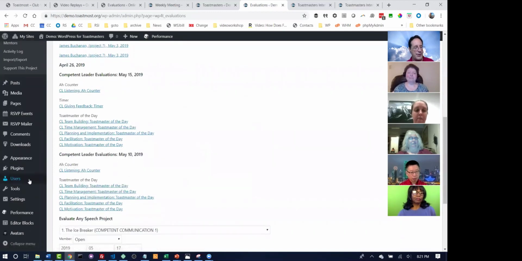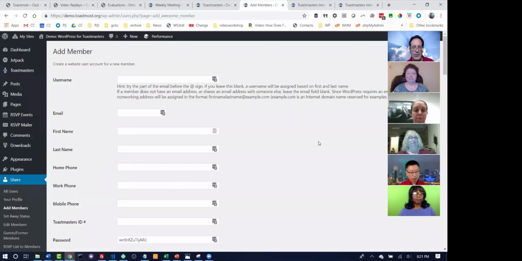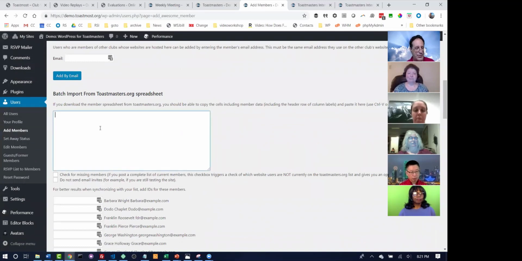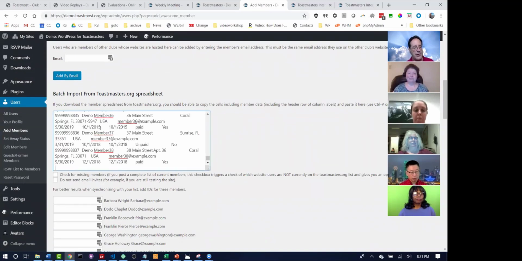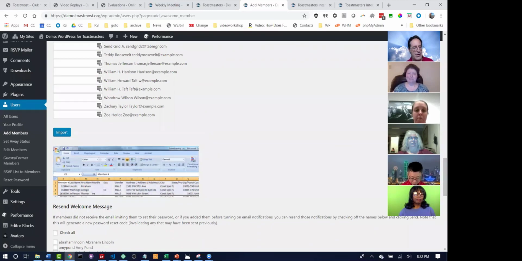So where I'm going to do that is I'm going to go to users and add members. And I can add members one at a time. But as I say, I want to add this whole spreadsheet. So I'm just going to paste that information in here. And check for missing members would check to see if there's anybody who's no longer on the membership list whose account maybe should be dropped. I'm not going to do that here, but just for demo purposes,